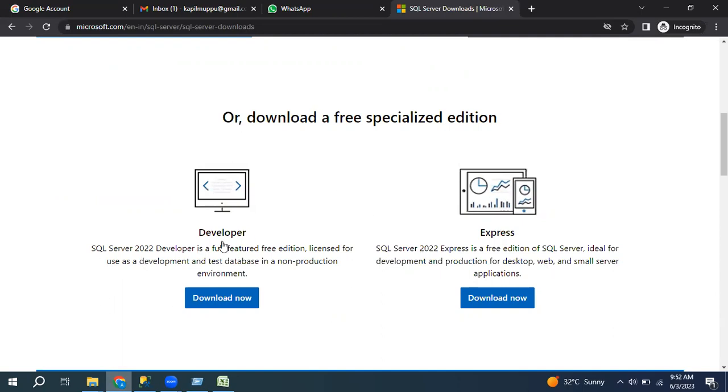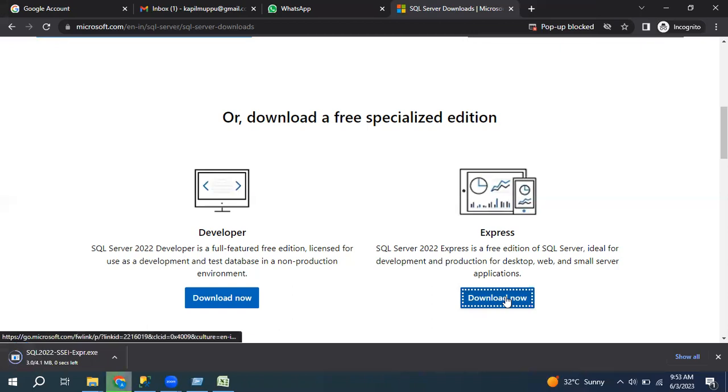There are two types, developer version and express version. You can download Express, anyone is fine, but you can prefer Express. SQL Server 2022 free edition, ideal for development and production for desktop, web and small server applications. You can download this first.